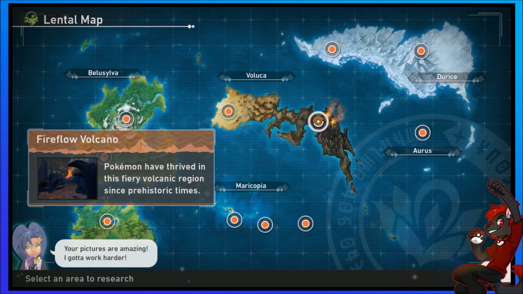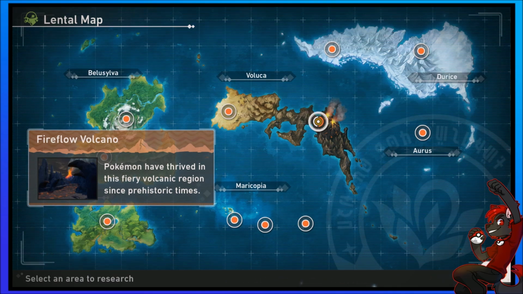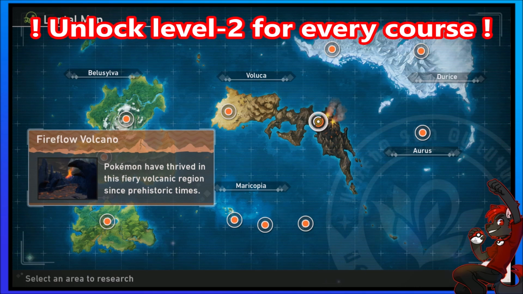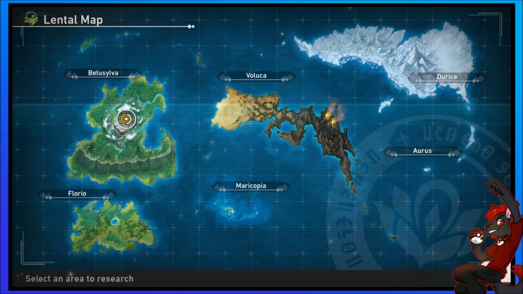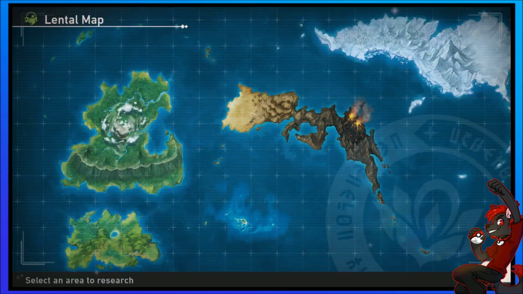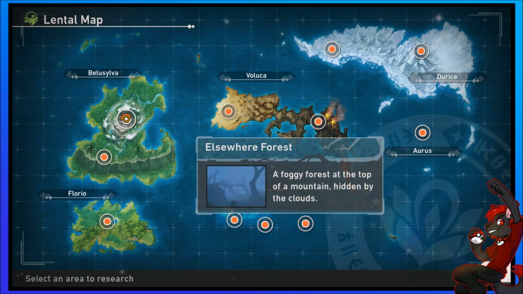Now at this point, I feel like the game just becomes super quick and super easy to get to the end, because it's kind of the same thing. Unlock level 2, a new area is going to unlock. You want to get level 2 there, you want to take a picture of ruins, you want to take a picture of the crystal blossoms, and that's going to keep on going. So Elsewhere Forest is where you're going to find the Milotic, so that's going to be the boss Pokemon of Belustat. And then getting level 2 in Elsewhere Forest is what it's going to take to unlock the